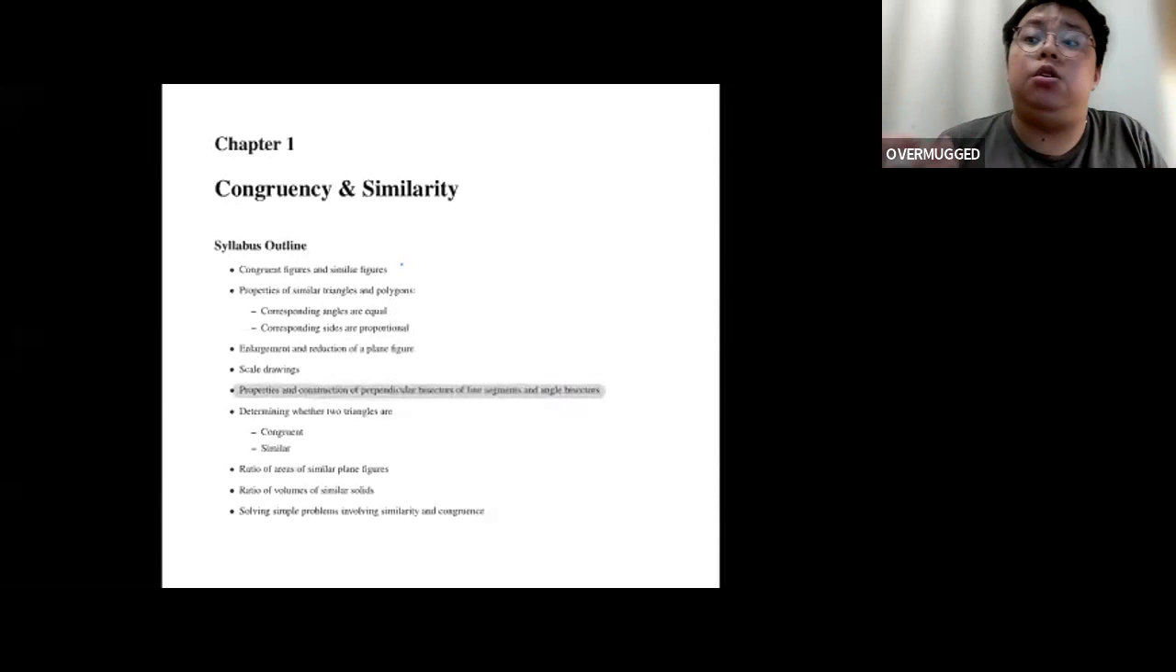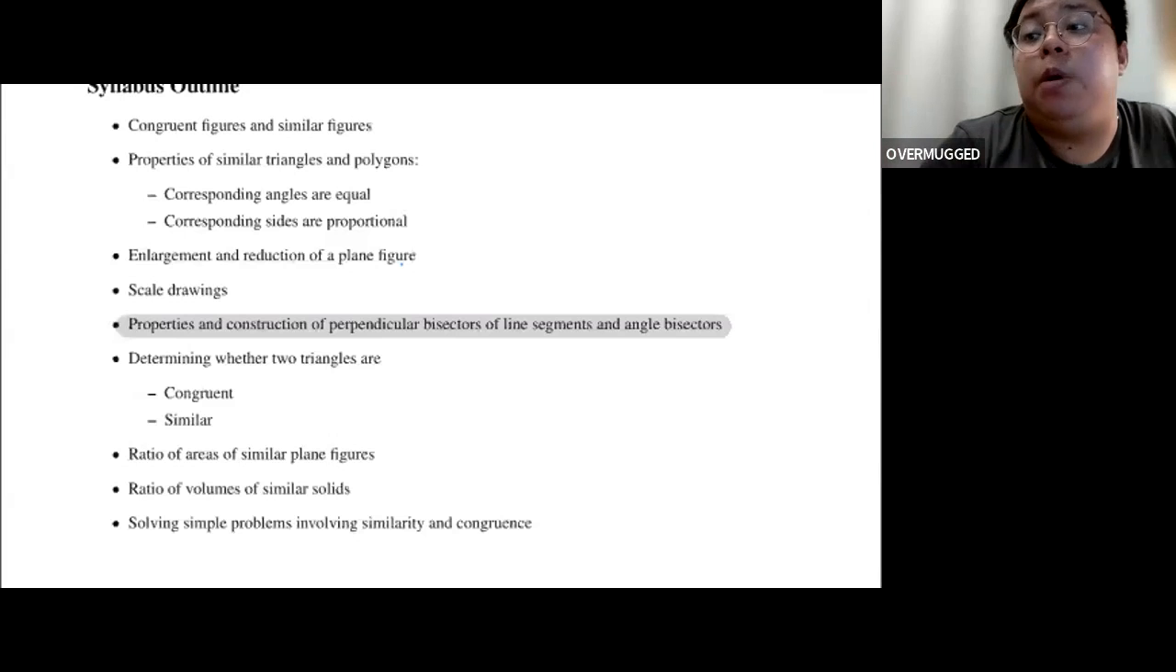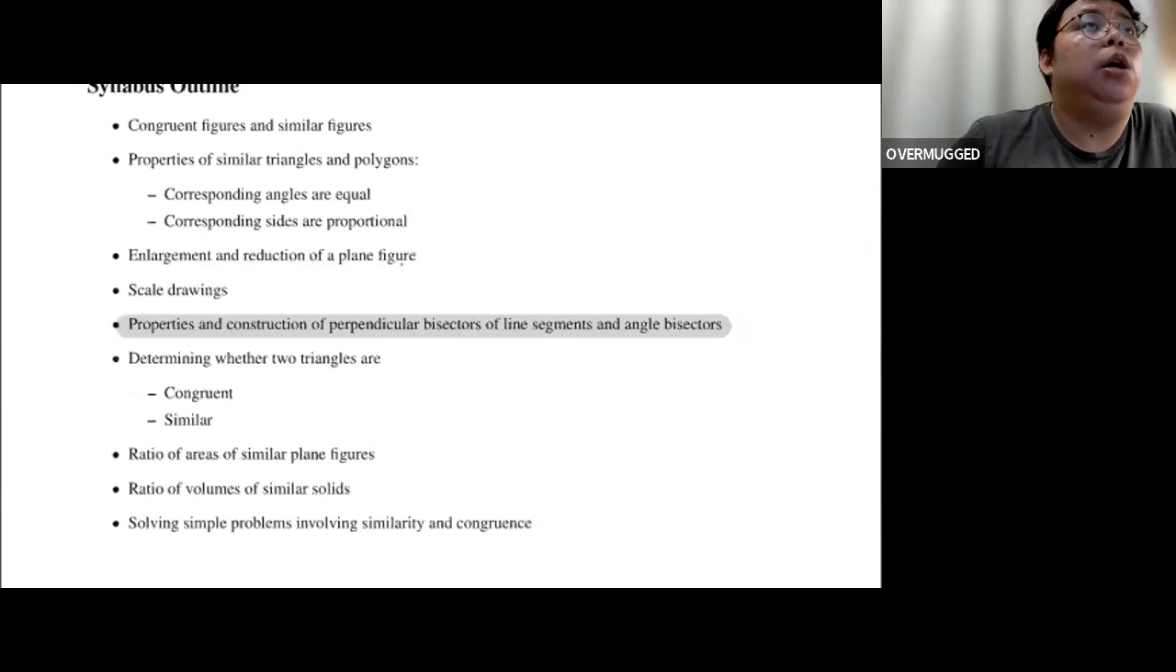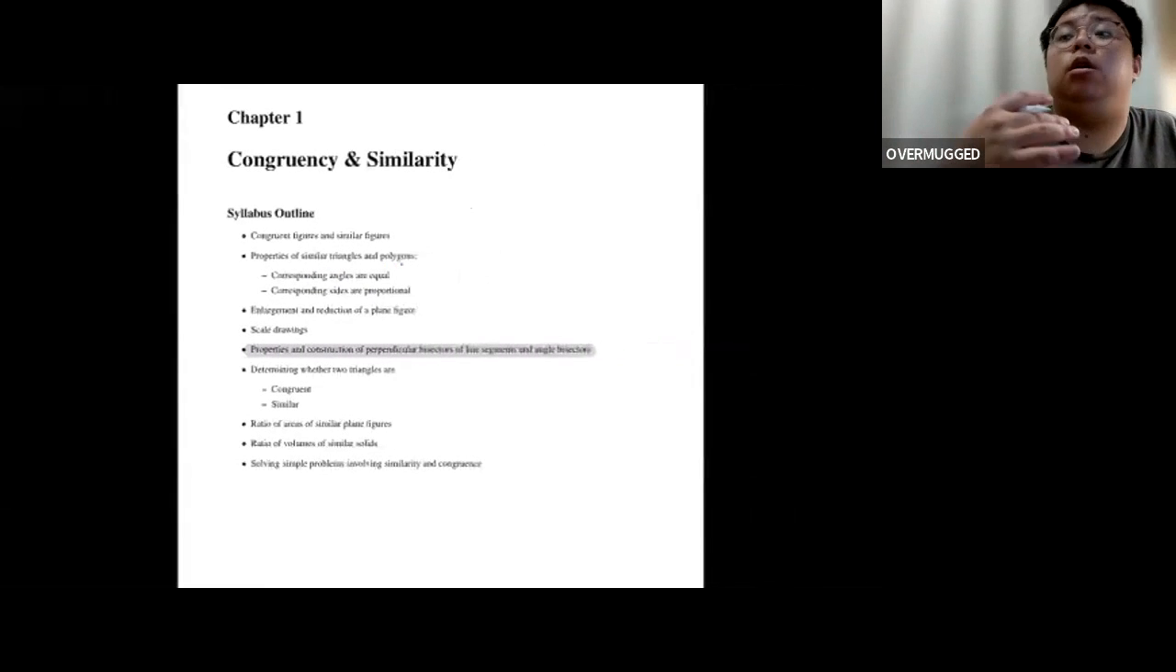So the only difference here is this portion. This is the additional information, which is the properties and constructions of perpendicular bisectors. This used to be in the angle, triangle, polygon chapter, but now it is inside congruency and similarity. So this is the main difference. Everything else is identical. So let's begin this chapter, and I'm going to go through all of the congruency tests